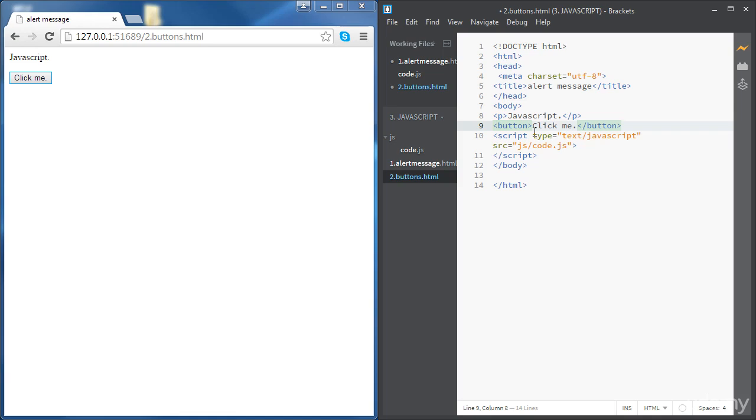One way of allocating actions to buttons is by using an attribute called onClick inside the button tag, and we can write the JavaScript function straight away here without a semicolon. For instance, we can say alert